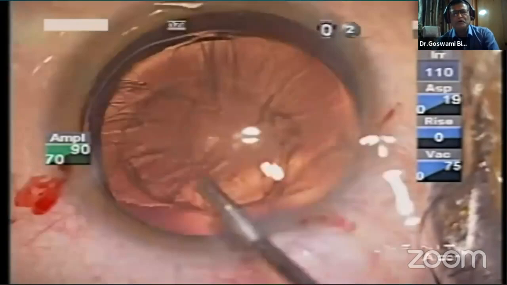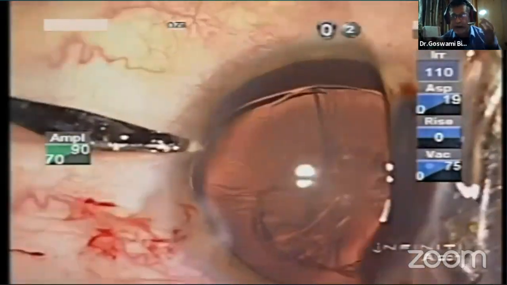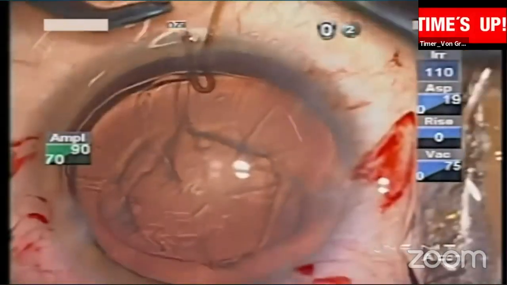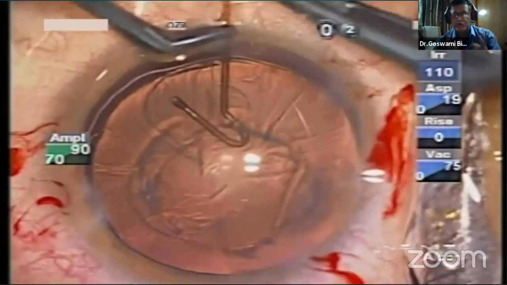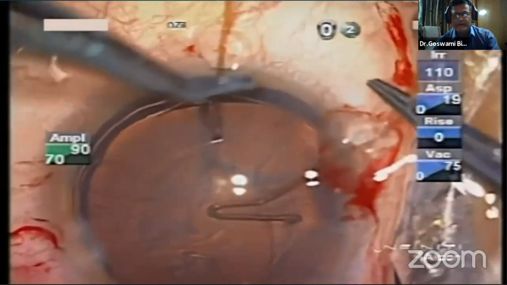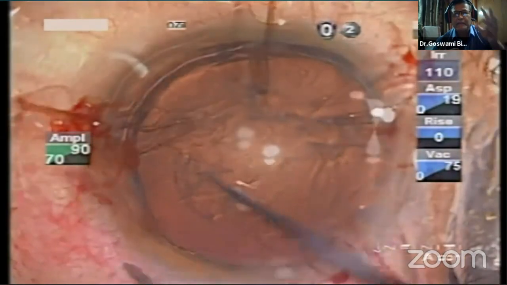That is already shown. My take home message is that courage and confidence are very, very welcome, and they should be there, but overconfidence may be dangerous at times. So please be selective in your case. Do not take a progressive etiology, and take only the minimal and mild ones.